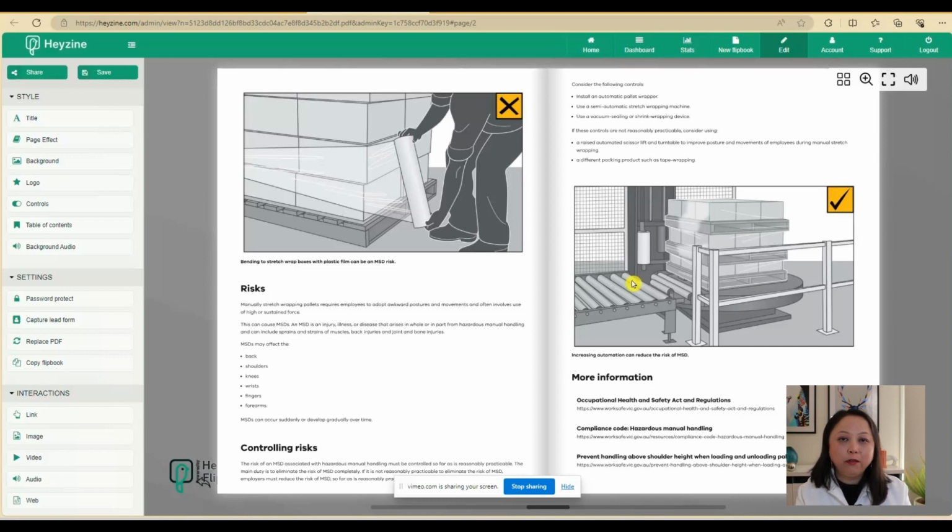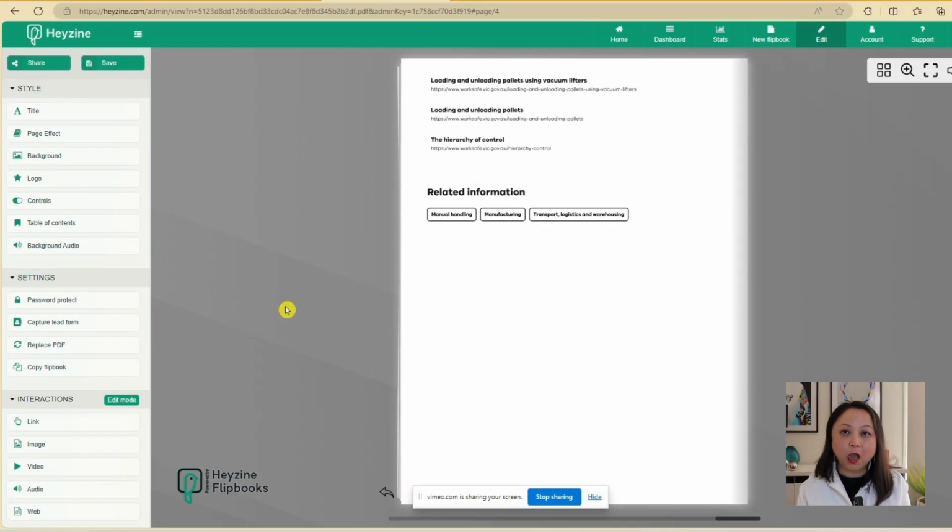Given that we know that everyone learns differently, some people learn by reading, other people learn by watching. Now, it's always recommended that you provide multiple ways, be it text and visual aids, to help team members understand the correct safety protocols. So to help with the learning experience, we're just going to add a video here. So to add a video, click Video,